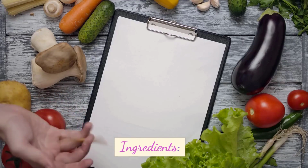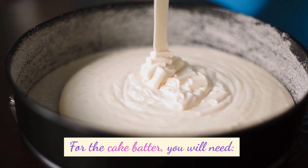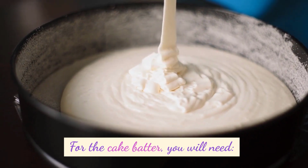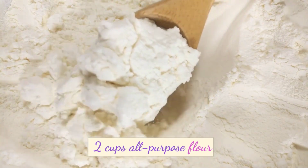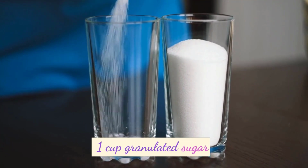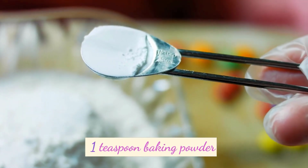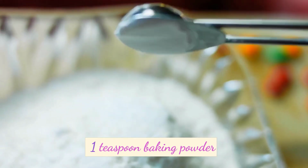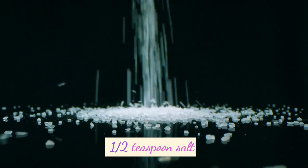Ingredients. For the cake batter, you will need 2 cups all-purpose flour, 1 cup granulated sugar, 1 teaspoon baking powder, 1/2 teaspoon baking soda, 1/2 teaspoon salt,